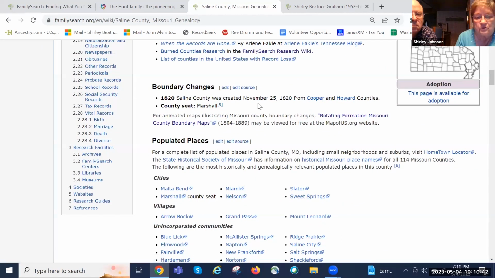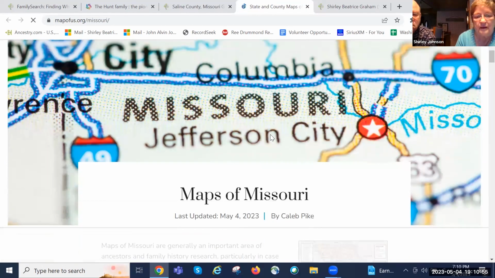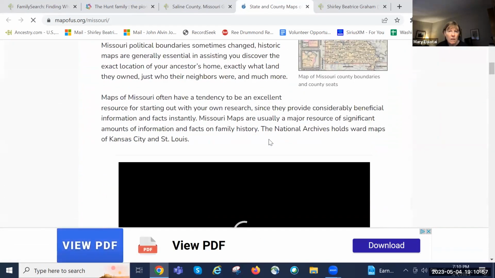What I thought was interesting was this boundary changes. Oh, wow. It has a rotating formation Missouri County boundary map. Huh. And so if you go there,